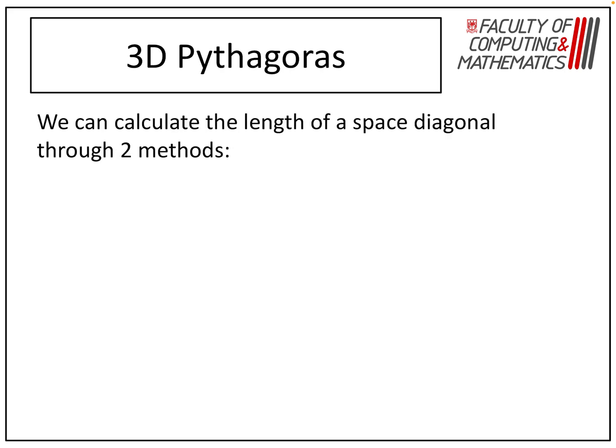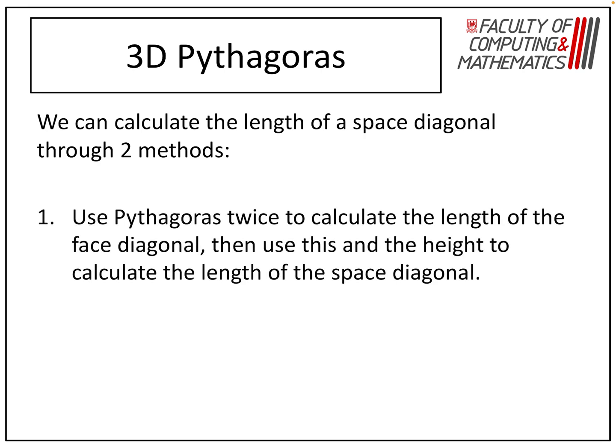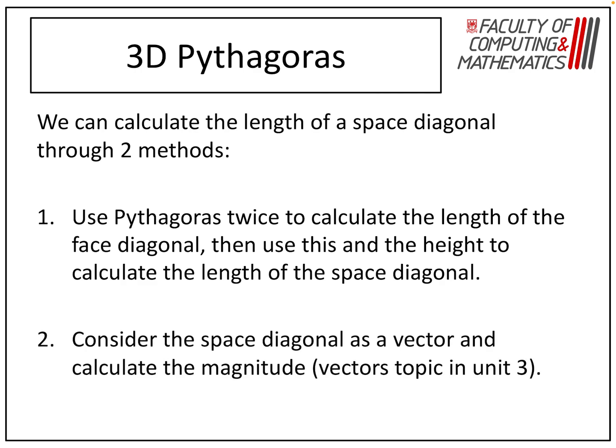There are 2 different methods that we can use to calculate the length of a space diagonal, which are what the majority of 3-dimensional Pythagoras questions are. We can either use Pythagoras' theorem twice, first of all to calculate the length of the face diagonal, then using this and the height to calculate the length of the space diagonal, or we can draw from the magnitude of a vector in unit 3, and consider the space diagonal as a vector and then calculate the magnitude. So you will see more of that later in the course,